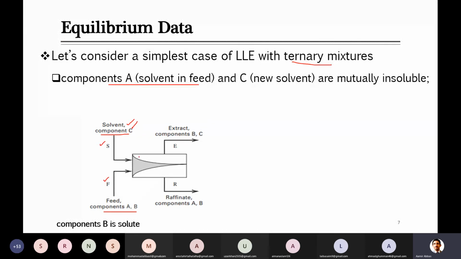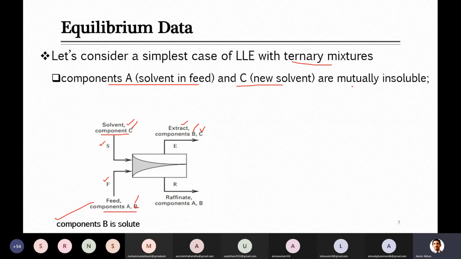When they come in contact inside the extractor, later they leave as two separate phases. One is extract, the other is raffinate. In the extract phase, the major component is the solvent and some of the solute, which is transferred to it from the feed. As we know, the solute component was B. Here we only mention two solvents at the top, but B is the component which you want to transfer, the solute, mentioned at the bottom. The solute is transferred from the feed towards the solvent, and when it leaves as the extract phase, it will contain both of these components.